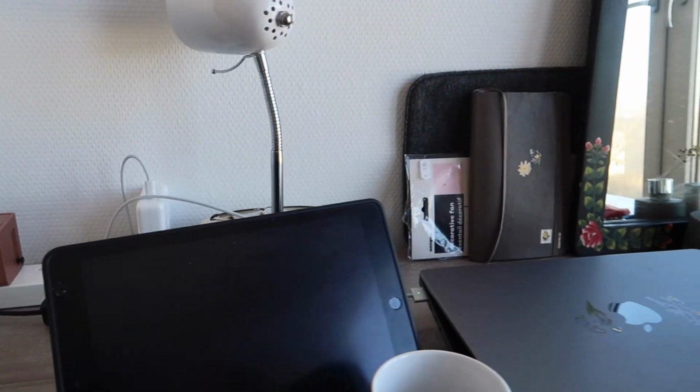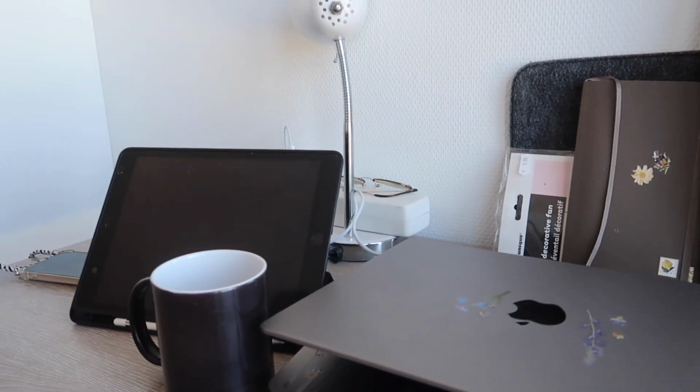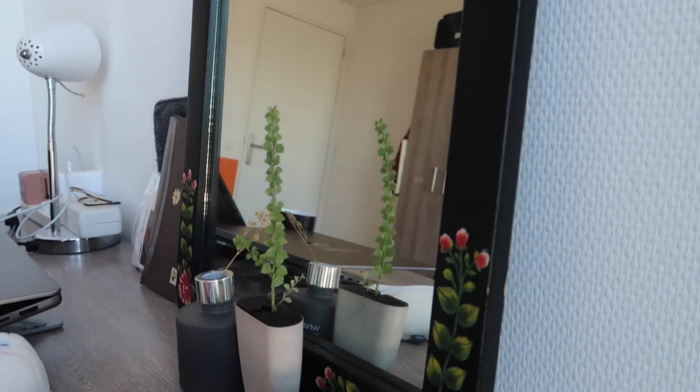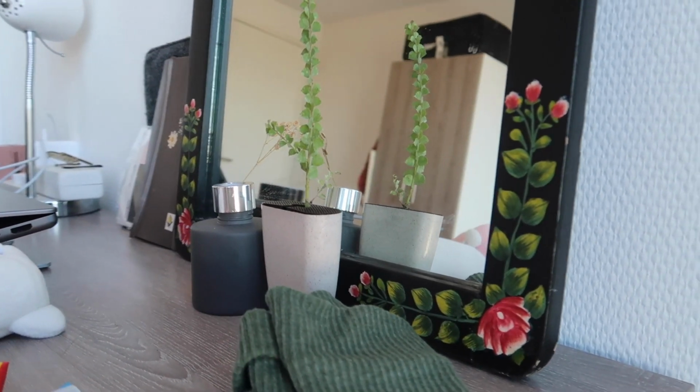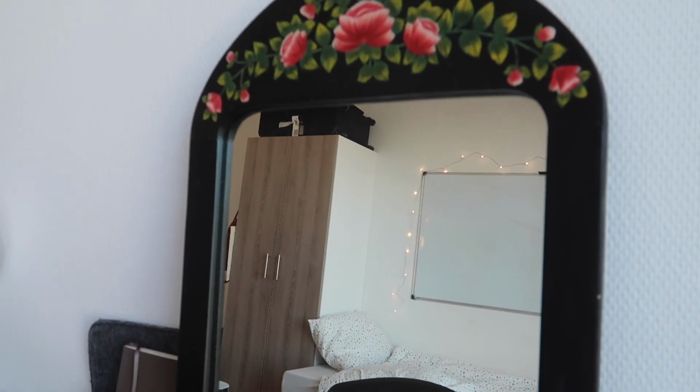Then I've got all my tech stuff set up here, my computer, my iPad. Here is my pride and my joy. This is a mirror that I thrifted off Marketplace. Again, it was €5 and I actually had to cycle with this home because I did not imagine it becoming so big. I was really not prepared, but it was worth every single penny